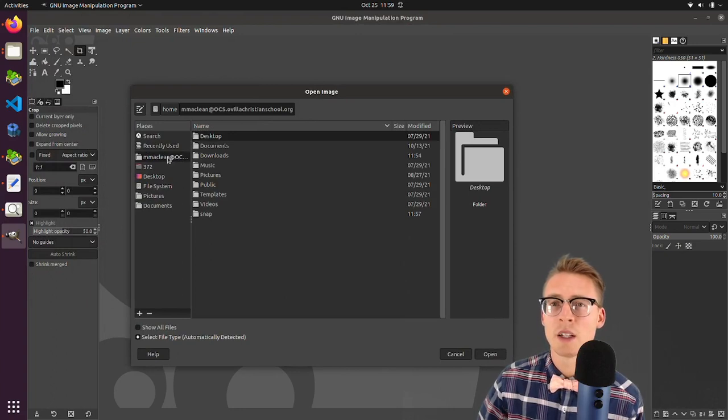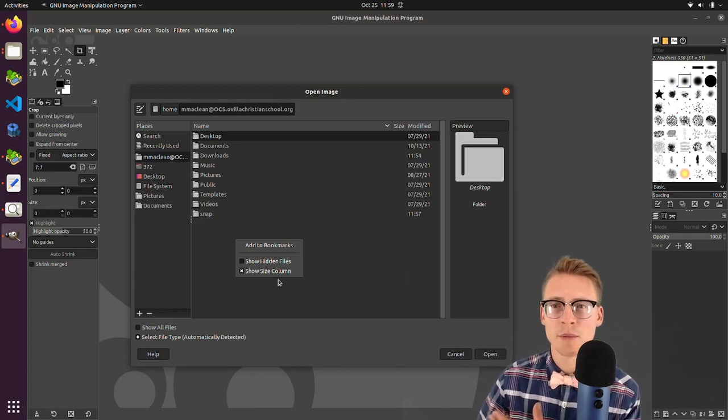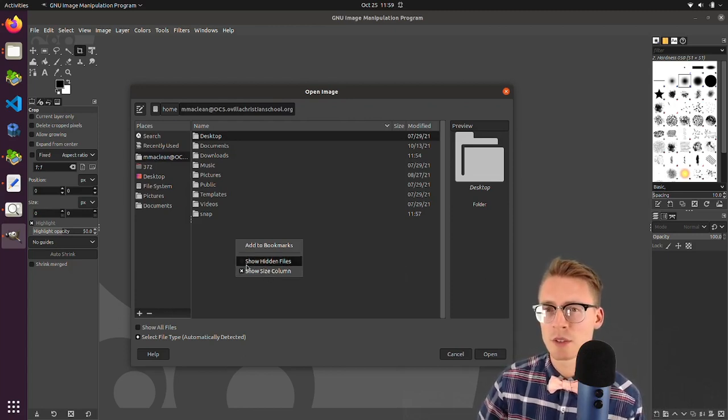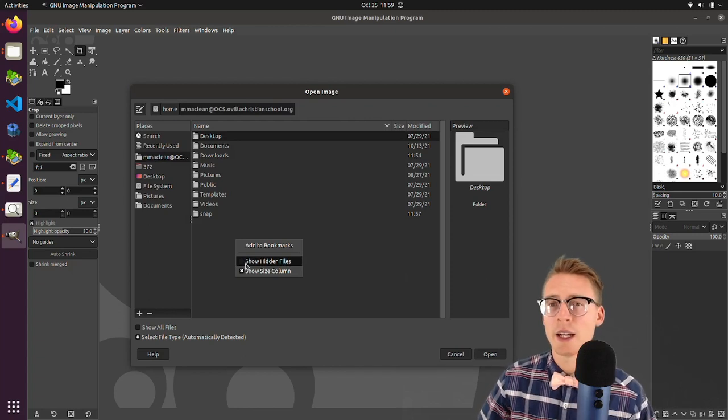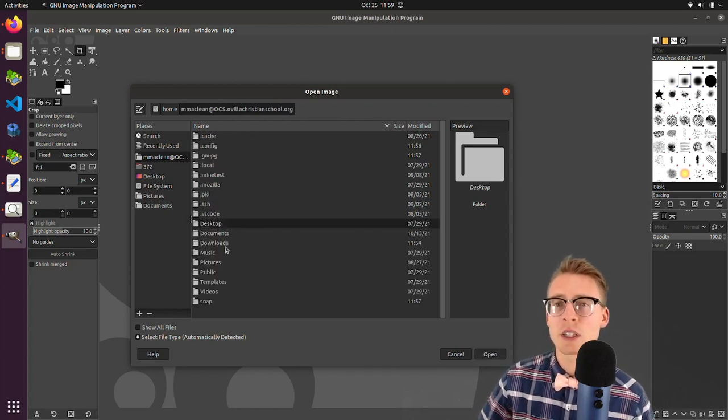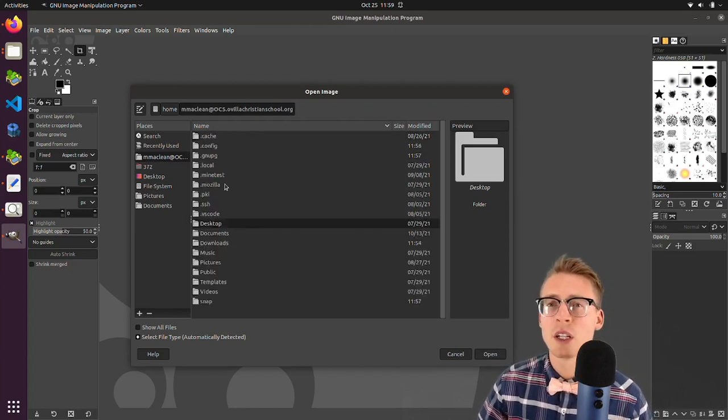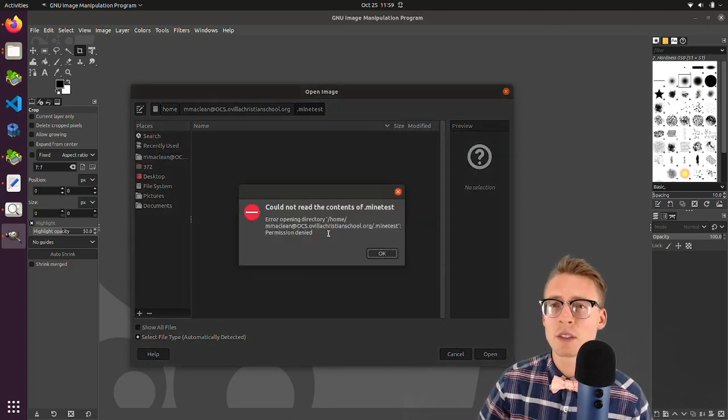I'm clicking on my user home drive, which is my username followed by such various things, and then right-clicking in the home directory to show all hidden files, and then we're going to click on Mindtest. Could not